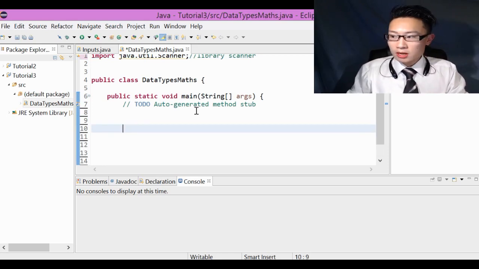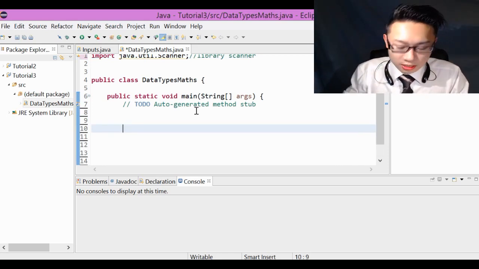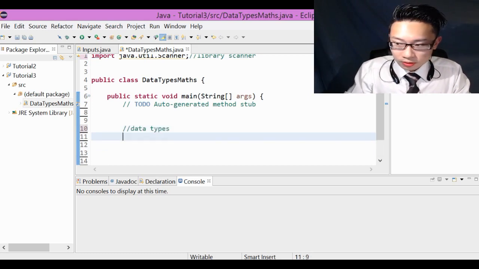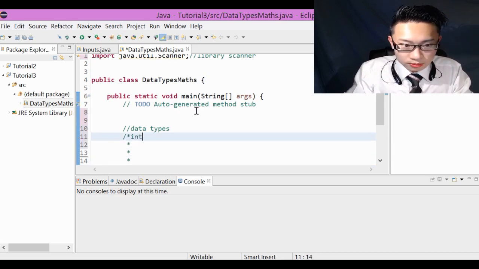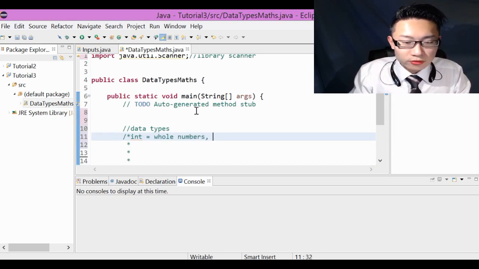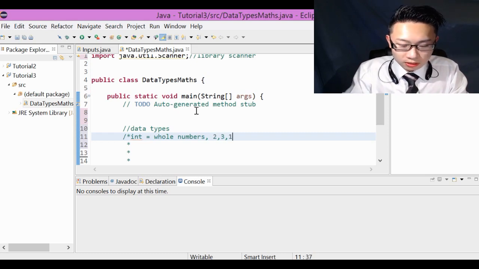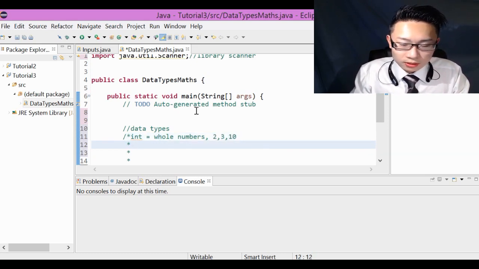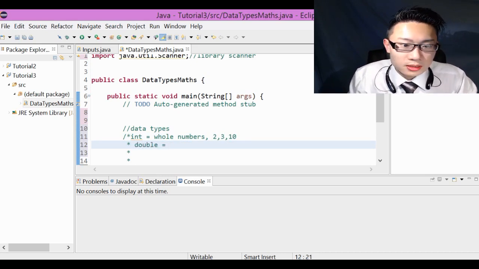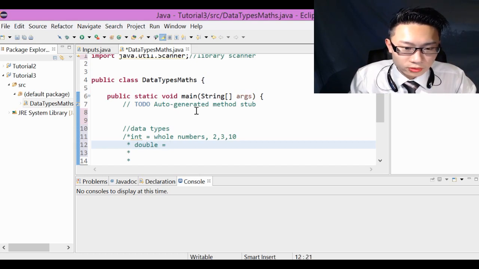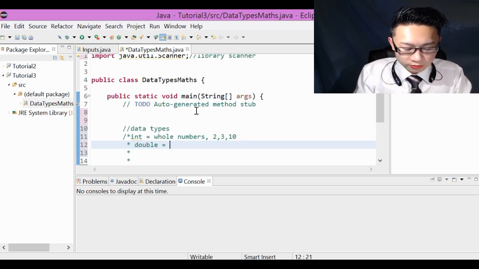So first of all, I'd like to explain the different data types. We have int for whole numbers, and these are numbers with no decimal points, so 2, 3, 10, etc. Then we have a data type called double, and these refer to numbers that have decimal points. So for example, decimal numbers